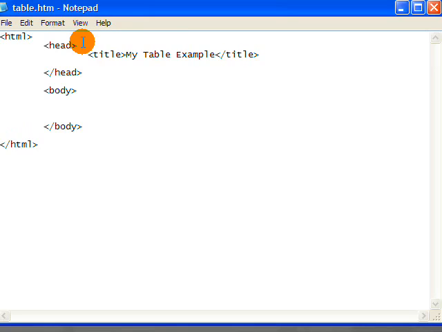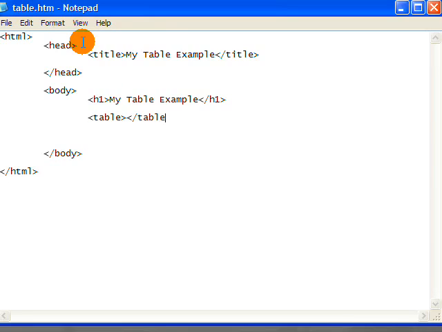Now we're going to skip down into the body of the document where everything that's actually shown on the screen in the browser comes out. We're going to start by adding that H1 tag that I showed you, and we also had in there my table example. We're going to give ourselves some space, and then we're going to begin that table. So our table begins with the table tag, and we're going to immediately add the end table